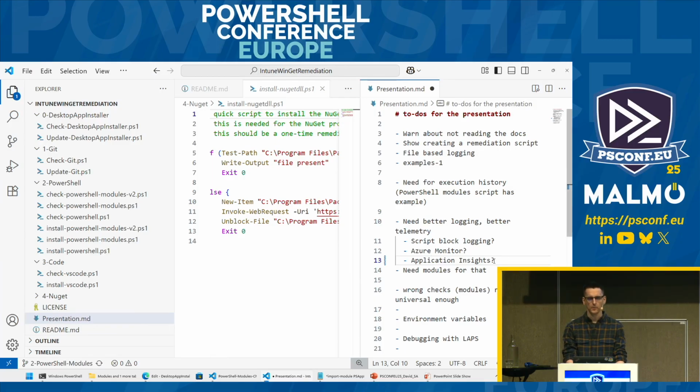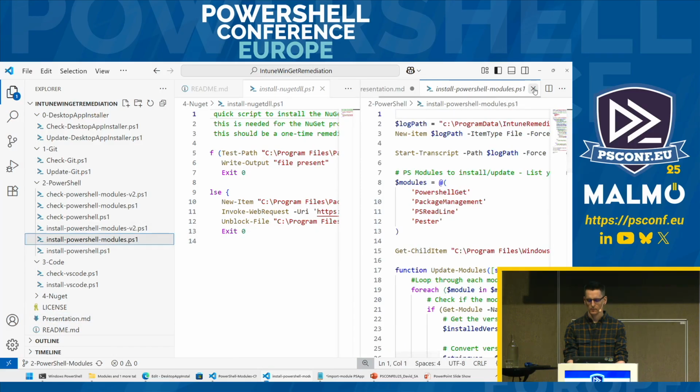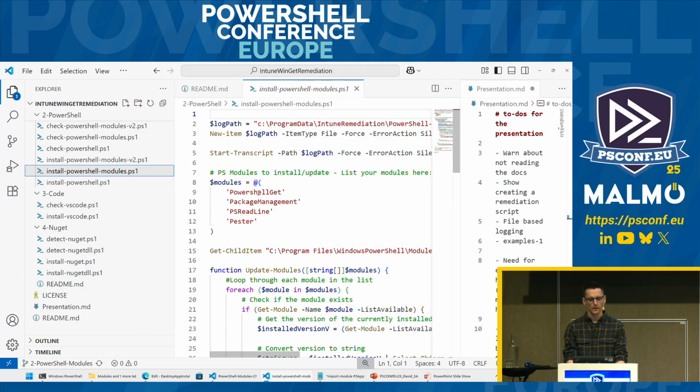But okay, Application Insights, I need modules, I need to install them. Let's install them. And originally, from the start, I knew that I need a new PowerShellGet version, I need a new PackageManagement, PSReadLine, because I like my history presented in a list view, and the new Pester. So I already had a remediation script doing that installation, and